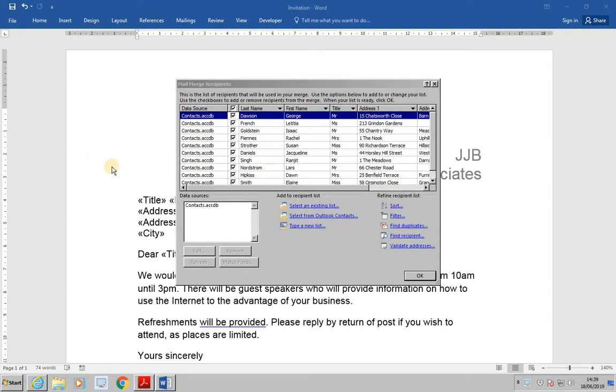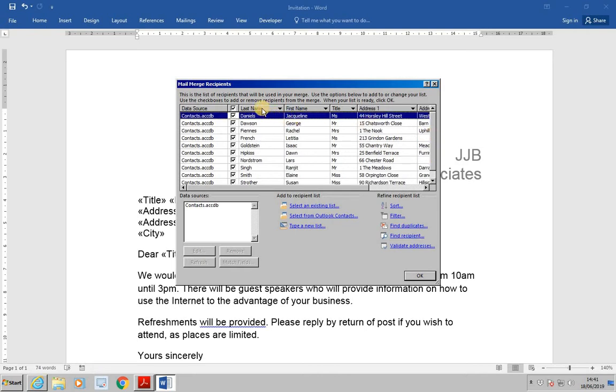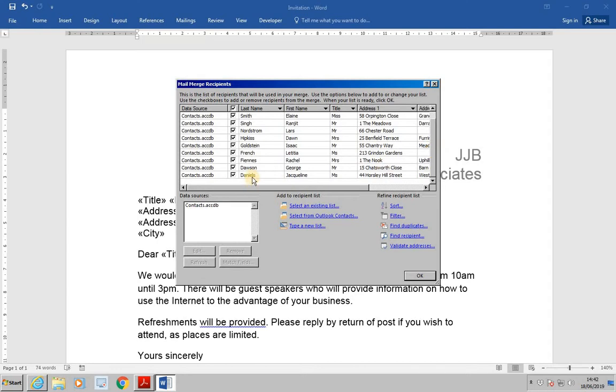Continuing from last lesson, lesson 66, make sure the mail merge recipients dialog box is open. If we wish to sort the data alphabetically by surname, if we click on last name, we'll find the surname Daniels is at the beginning of the list because it's the first alphabetically, and at the end of the list is Strother. If we click last name again, it will now reverse it so that the records are now sorted in alphabetical order descending. So this time Strother's at the top, and as we can see, Daniels is at the